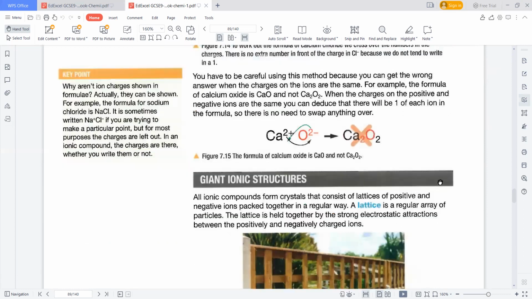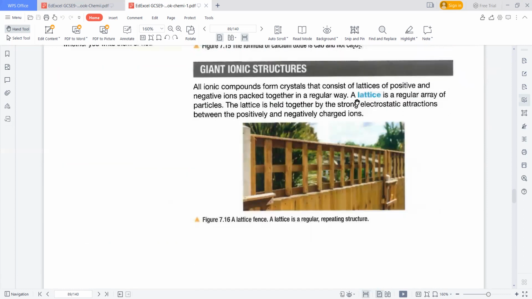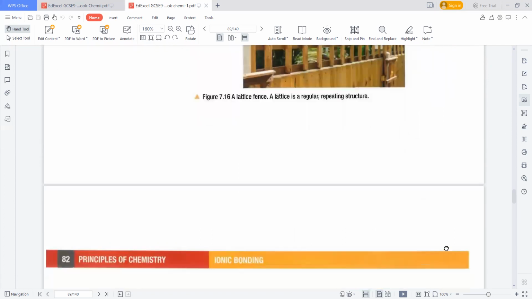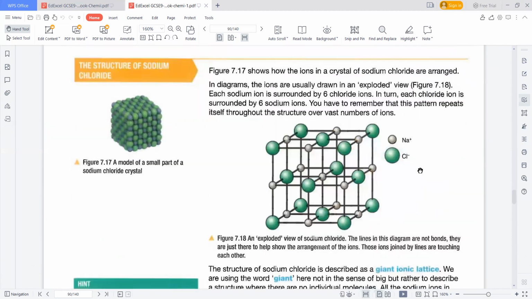Next thing would be a giant ionic structure. What is it? It might contain a lattice. A lattice is anything that has a proper arrangement of positive and negative charges via electrostatic forces of attraction. So here it is. This is the giant structure we were talking about. Simply you can see that there is one sodium right there. This green colored thing is chlorine, and the smaller positively charged things are the sodium. So we can clearly see that one sodium, and even one chlorine, is surrounded by six